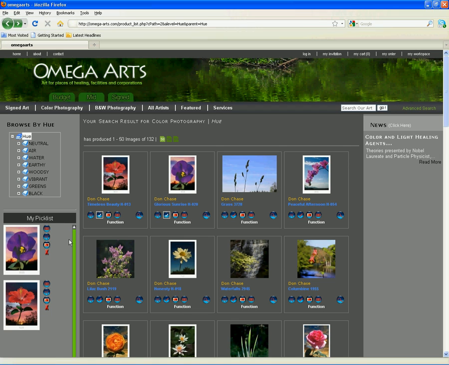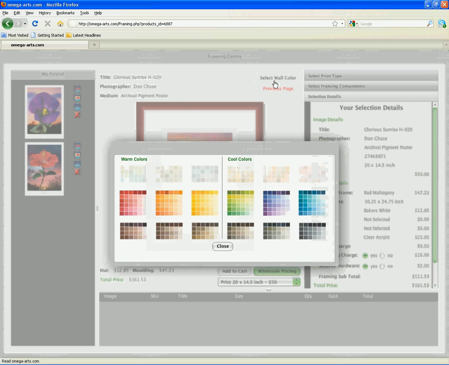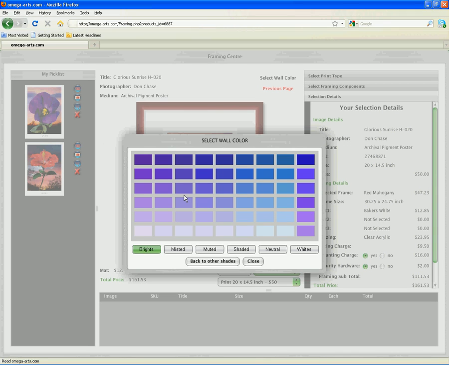If you want to see how your picture looks when it is framed, click on this icon. You can select the wall color, that is the color of the wall on which you'd like to hang your picture. Wow, so many of them, and there are warm colors and cool colors. Let's choose a subtle shade of purple. Now, see the magic. Here too you'll be stocked with n number of colors. You'll sure have a hard time choosing your favorite one.